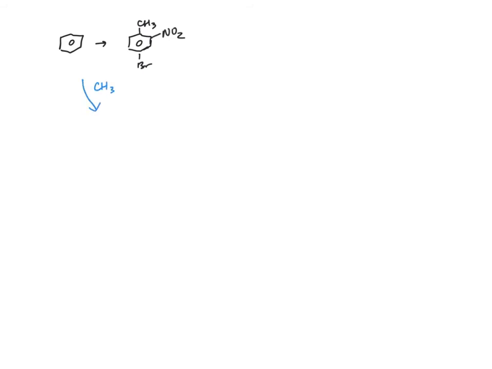So let's do a Friedel-Crafts alkylation. Then when we introduce bromine, we're going to put the bromine para to the methyl group as our major product, noting that we'll get minor products with the bromine ortho to the methyl group. And then when we introduce the nitro group,